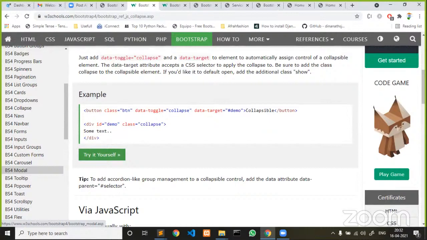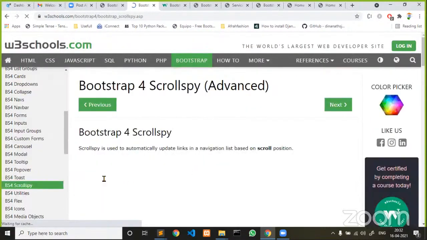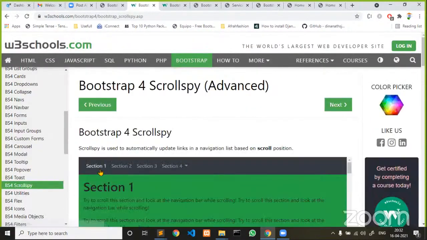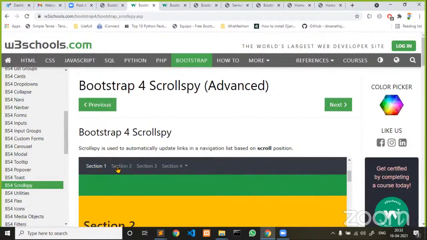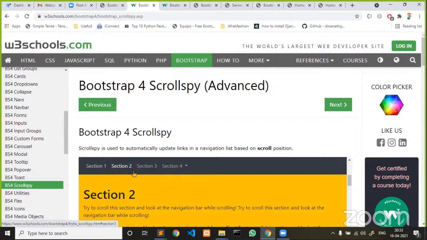Guys, it's always easy if you know how to trigger by using HTML. Now, scroll spy is also a kind of feature. What happens is that section 1 is highlighted. The moment you keep moving to section 2, you see the active class keeps moving